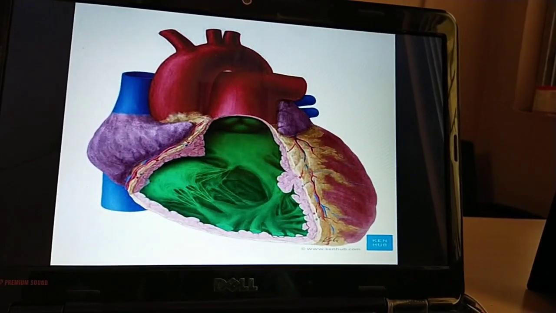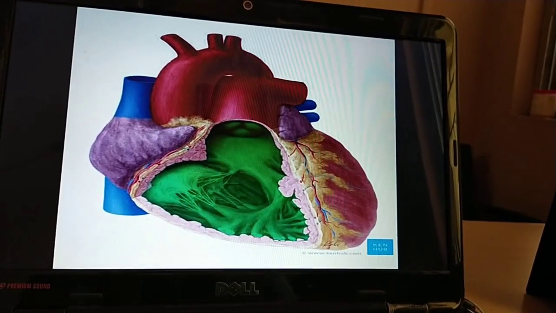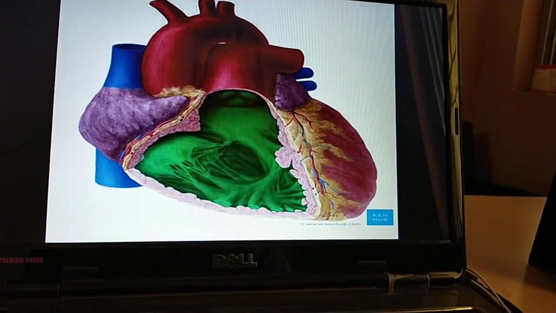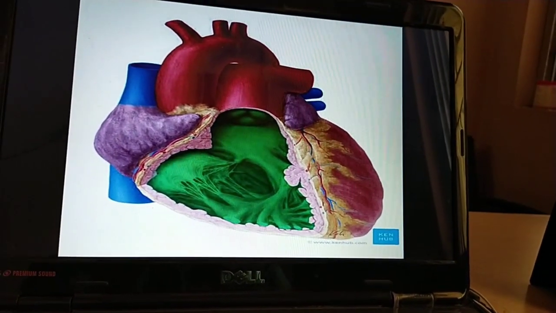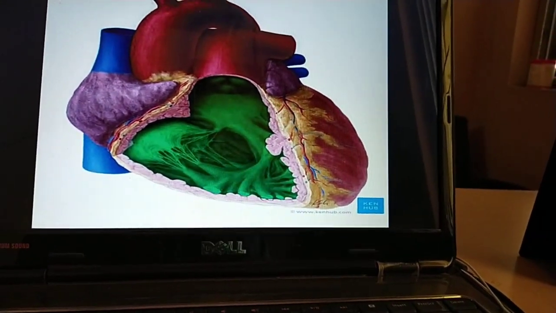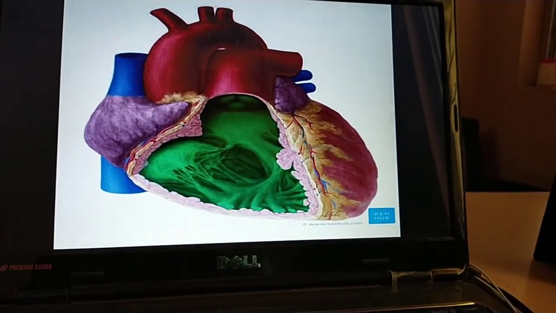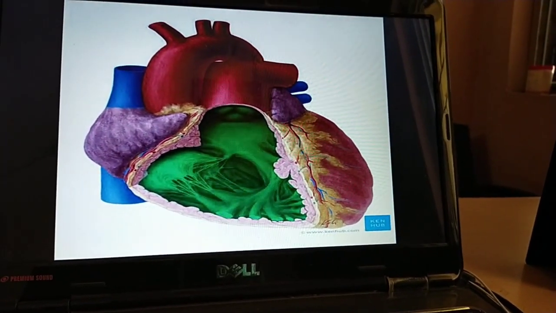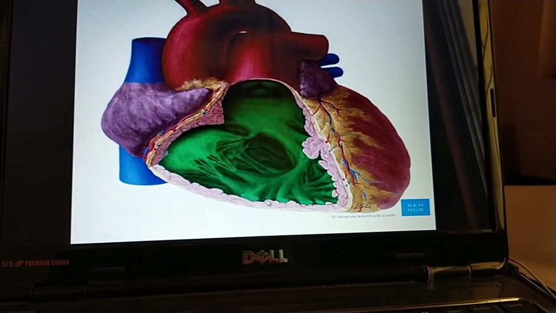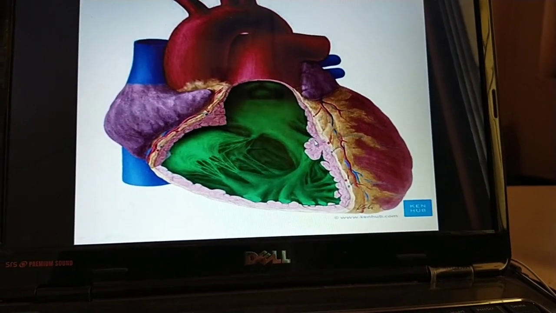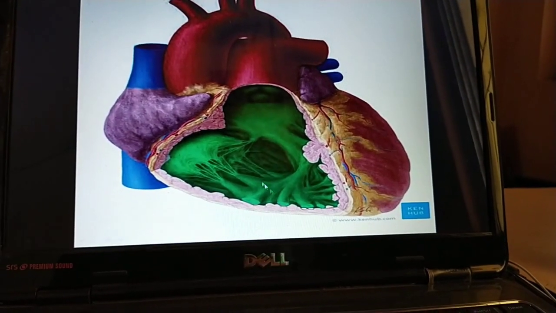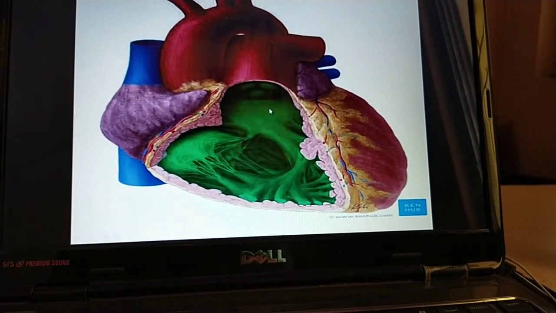The atrium pushes the blood through the atrioventricular valve, or tricuspid valve, into the right ventricle, and the right ventricle propels the blood to the respective artery, the pulmonary trunk. The right ventricle is funnel in shape. You can see here this is the right ventricle, which looks like a funnel. There are two parts here: this is the inlet tract and this is the outlet tract.